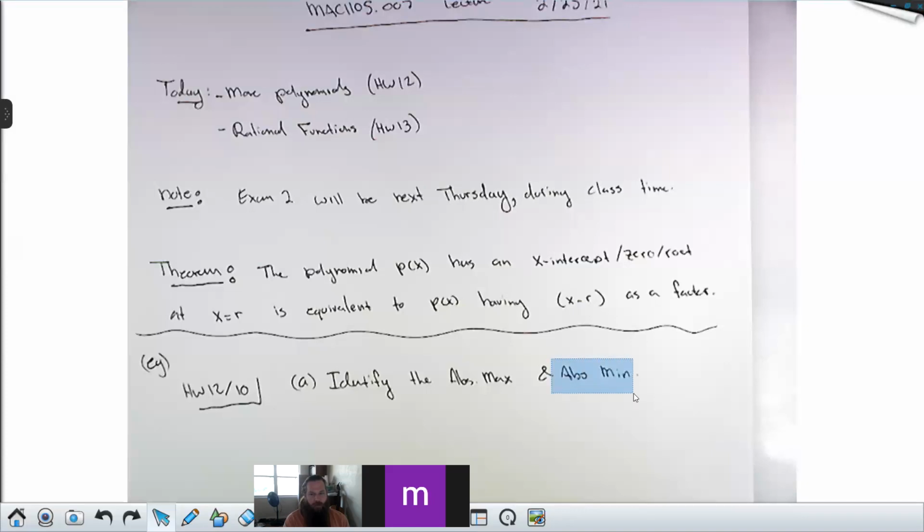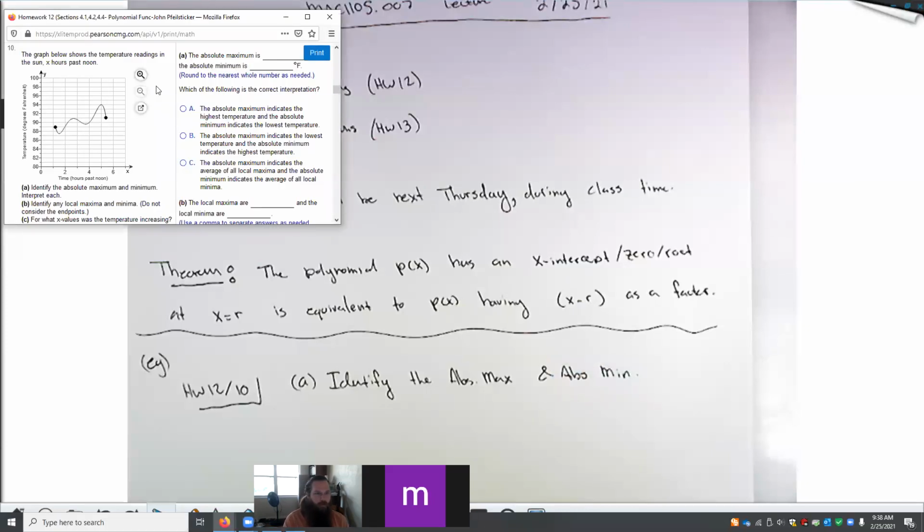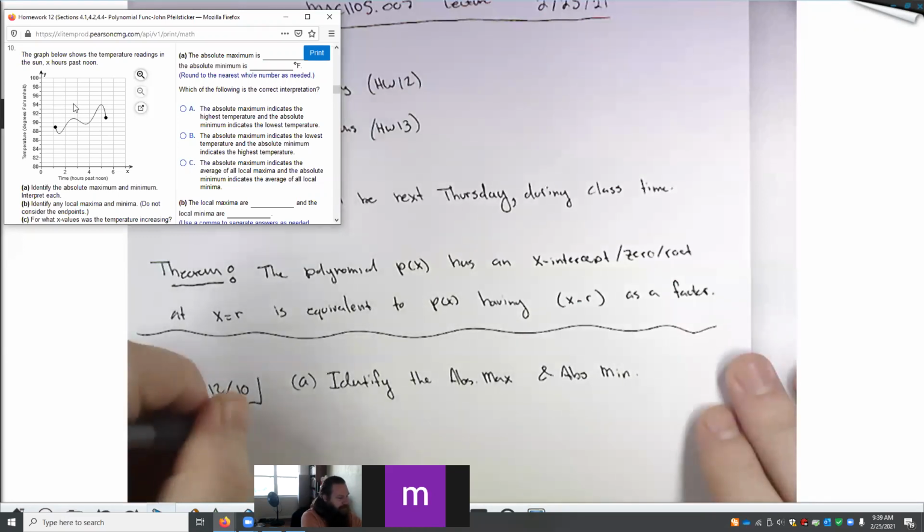And the absolute min is the y value associated with the lowest point on the graph. So the absolute max, if I'm looking at this, I would say is coming from this point right here. The x value there is exactly halfway between 4 and 6, so the x value there is 5. And the y value there looks like 94. So I would say the absolute max